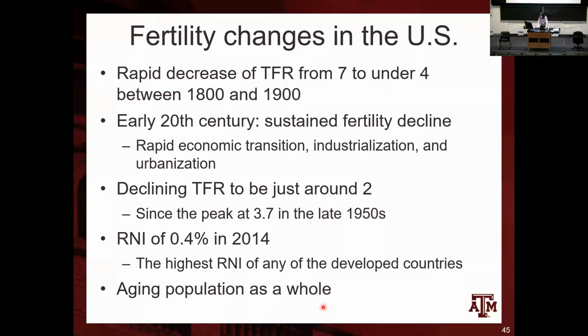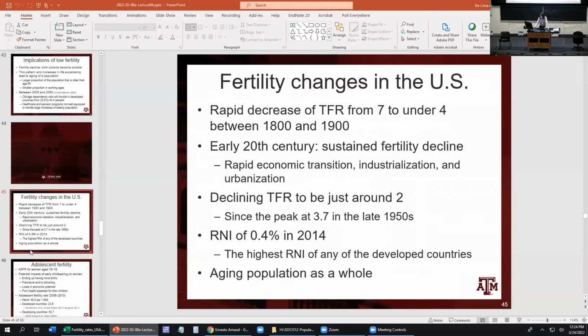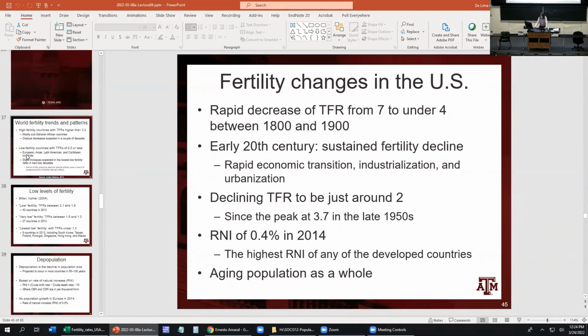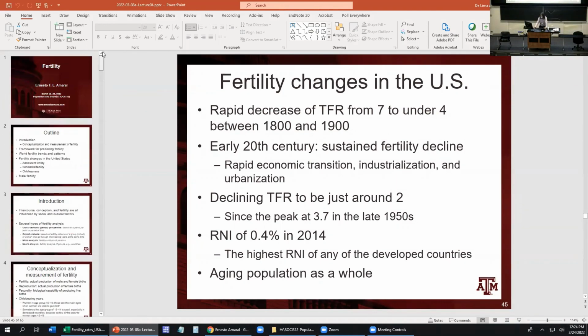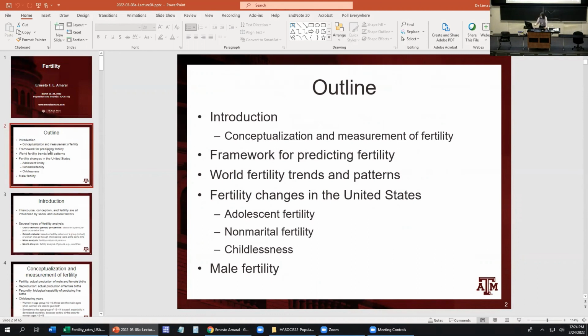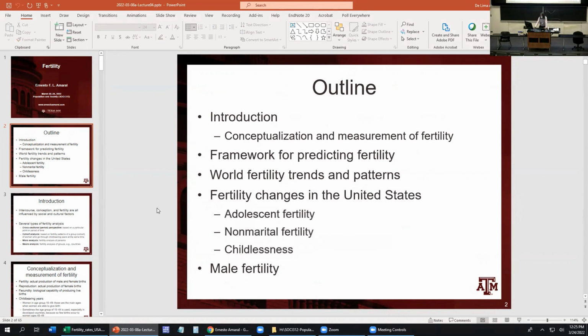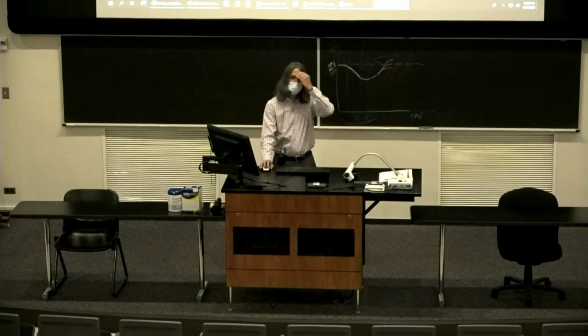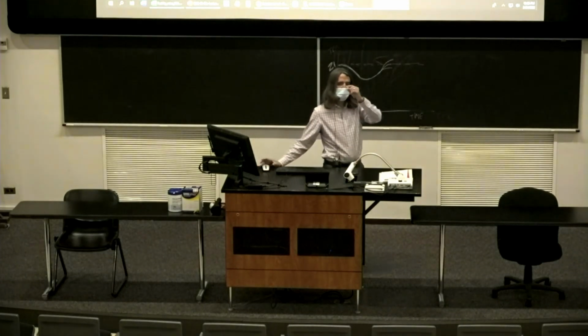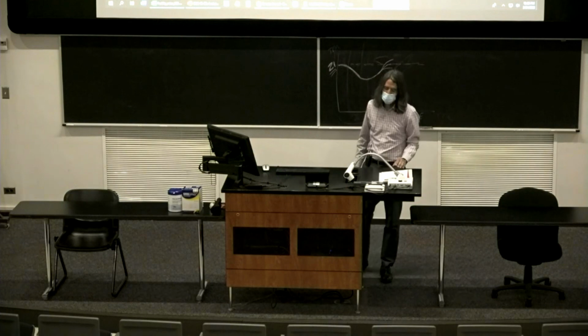So the next chapter, I will have to start a little behind because we missed that class because of that storm some weeks ago. The next topics here, we're going to discuss fertility changes in the US with a focus on adolescent fertility, non-marital fertility, and childlessness, and finishing with male fertility, which is still an understudied topic in demography, but of increasing importance. And then after that, we go to the next chapter on